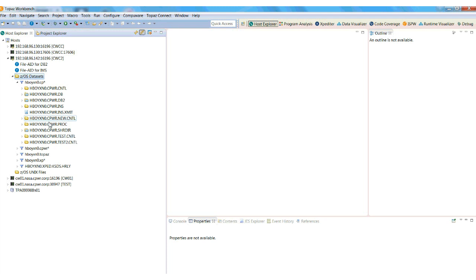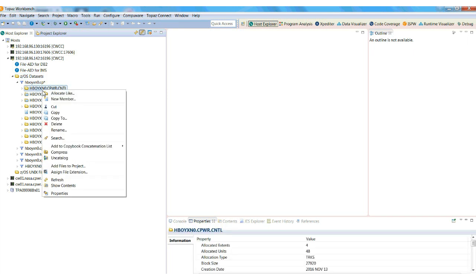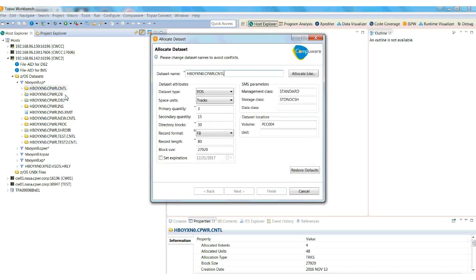Once I have access to my resources, there are many things that I can do that I normally would do using ISPF menu options. I can right-click on a data set. Again, my context menu will provide me with the options available when within that view. I can allocate a data set with the same attributes as the data set that I am currently accessing. You'll see that it provides me with a panel that defines all of the data set attributes of that file. And then I can change the naming convention to make it unique within that environment. And when I click the Finish button,